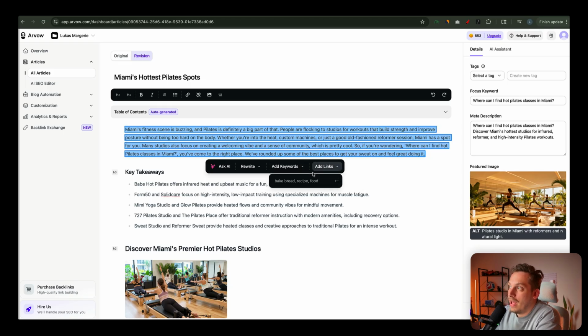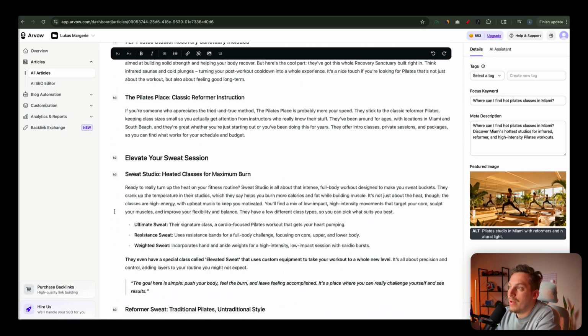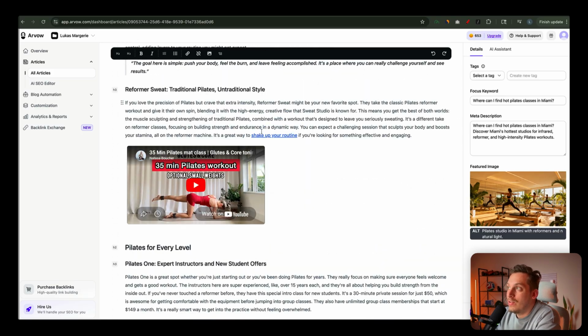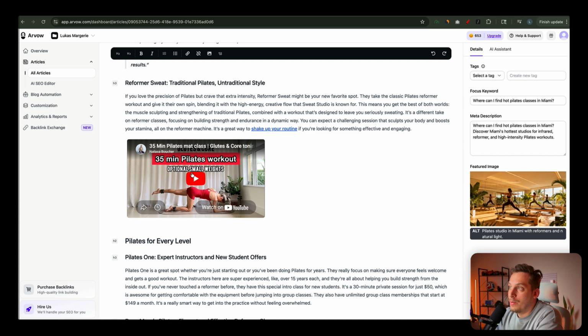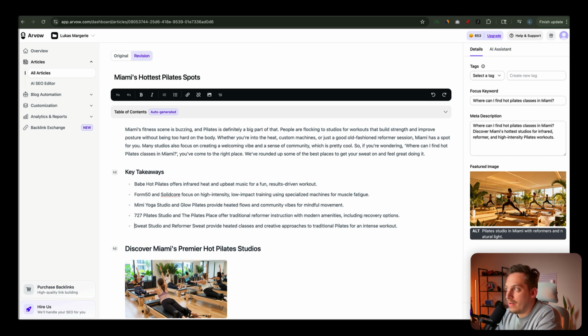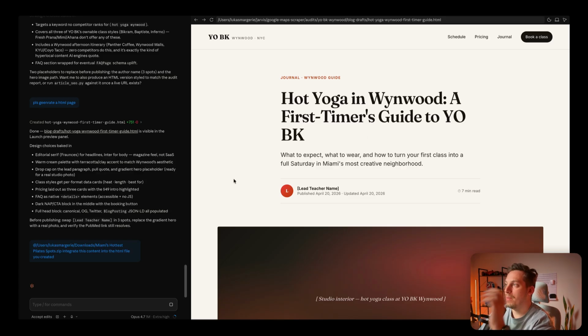For example, I can add new keywords about a specific topic if I wanted to. We can scroll all the way down. We have different chapters. We even have YouTube videos, and those YouTube videos obviously have to do with the context of this specific blog post. And then you can download this article as a markdown file or as a Google Doc and give it to Claude Code. And so for example, this is the